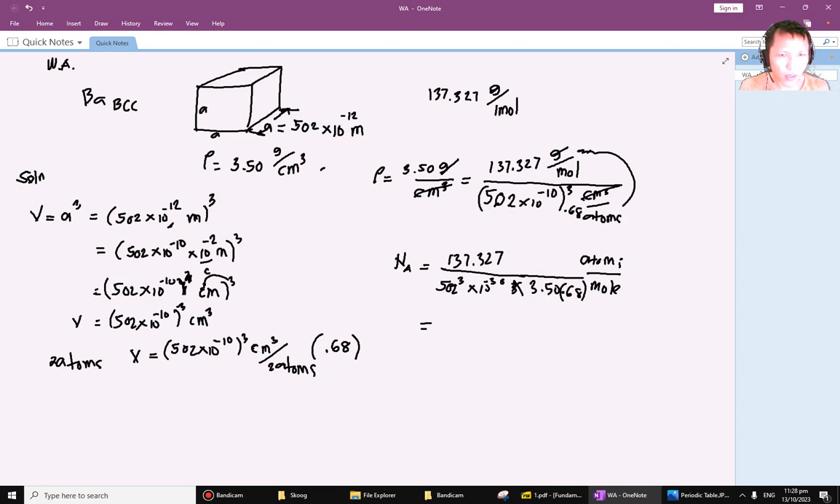137.327. Then you have times 2 atoms. Then your 502. Is it 502 times 10 cubed? That would be distributed, and then times 10 to the negative 10. So that should be 10 to the 30 times 3.50 times 0.68. That should give us